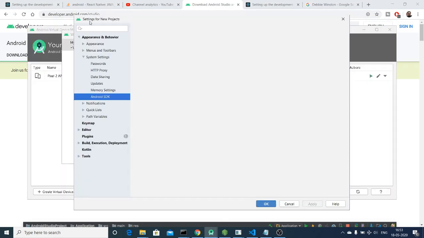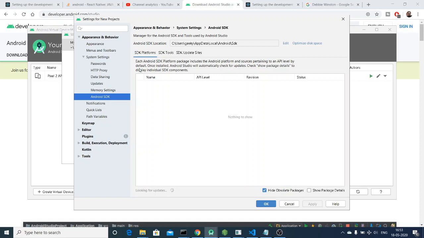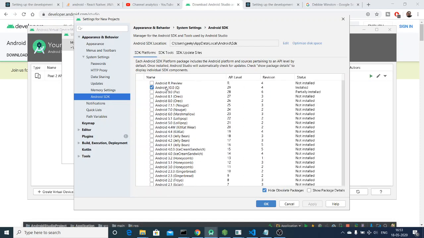Now you will see that this window has opened. This is your Android SDK location. If you launch the Android Studio setup, it will automatically install this SDK for you inside the next option. I have installed this Android 10 version here. You can see that the API level is 29 and this has been successfully installed on my system. Now to get this path, you can see it here. After you install your SDK, you will get this path, Control C.